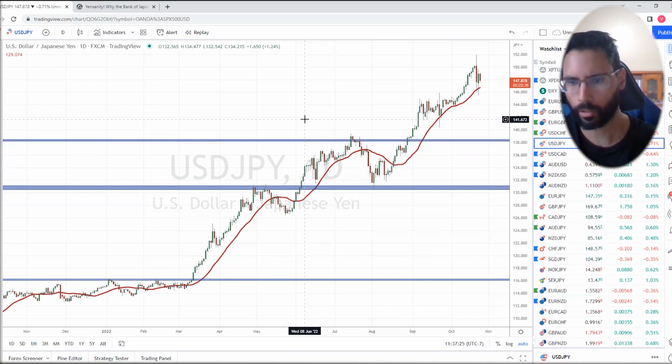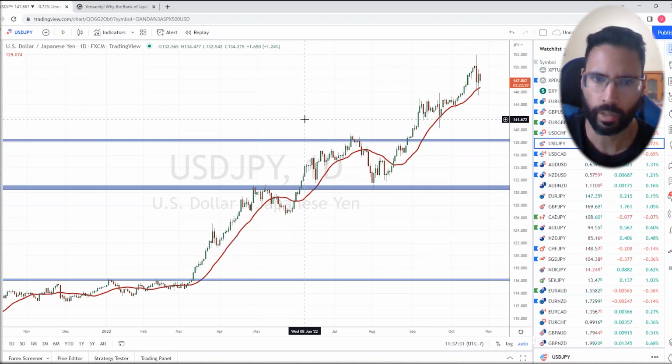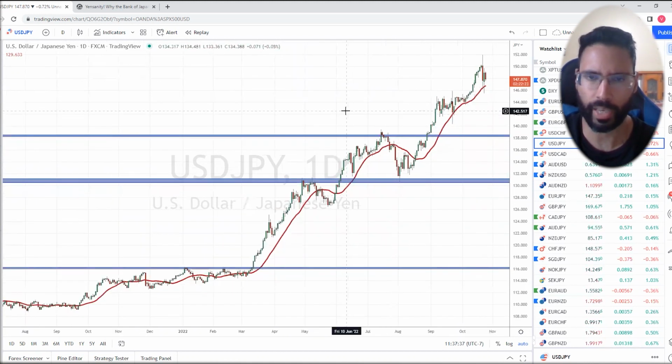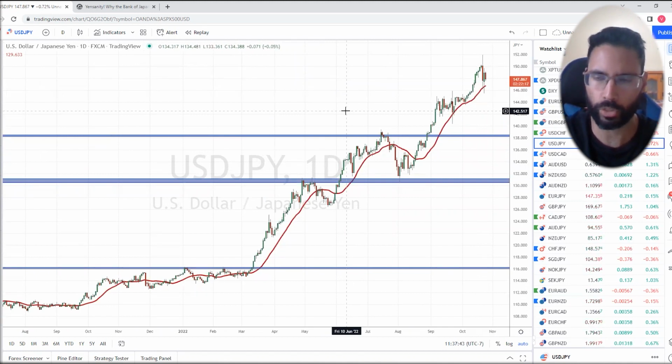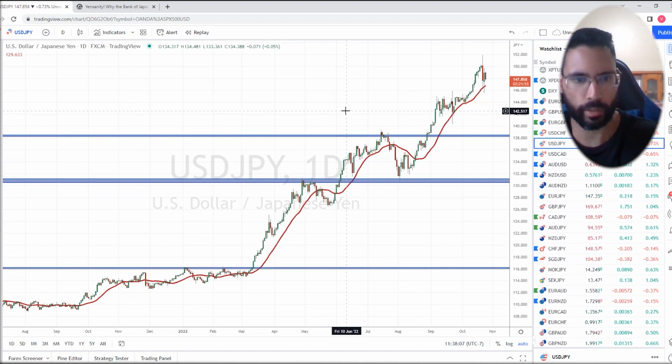0.1%. And of course, the way currencies work is money tends to flow into the higher yielding or higher interest yielding currency, right? So if you're a currency trader, if you go long US dollar against the Japanese yen and you hold that trade, overnight you get paid the interest differential in the currency swap, which makes it very appealing to be long against the Japanese yen right now because it is yielding much lower than all these other currency pairs. So if you are long any currency against the yen, so technically you're short the yen, you're making a positive carry trade daily just by holding that trade. So with interest rate differentials, money is going to run into the stronger currency.